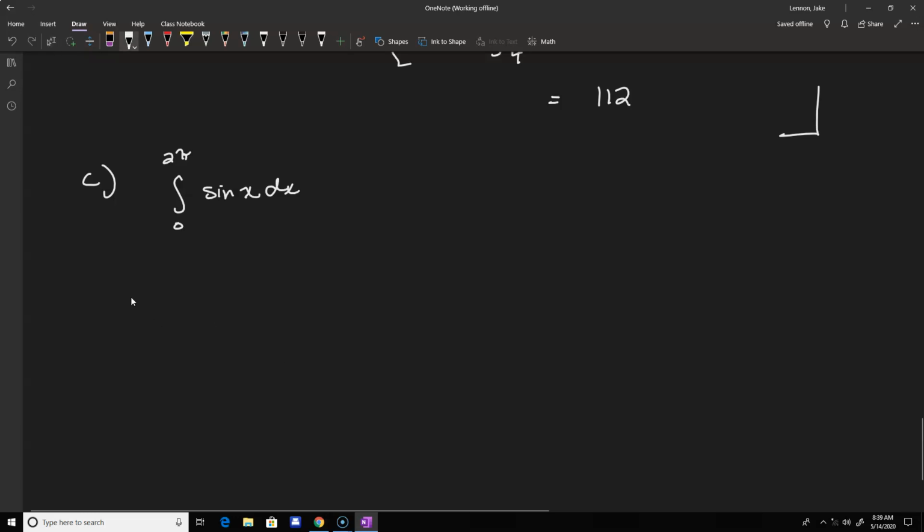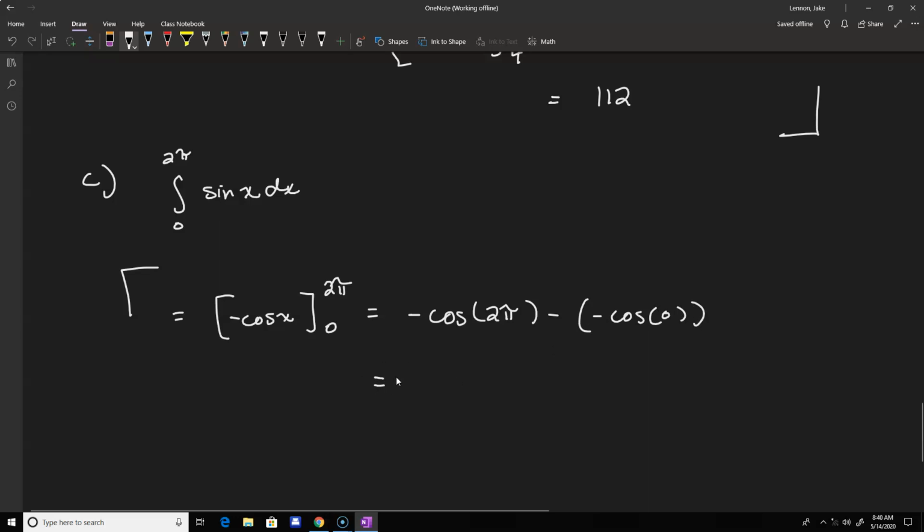What we want to do here is find the antiderivative. Again, the antiderivative of sine is negative cosine. So we have negative cosine of x from 0 to 2 pi, and then just plug in both limits and subtract. So we have minus cosine of 2 pi minus the negative cosine of 0, which comes out to,